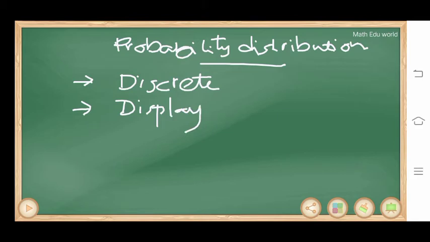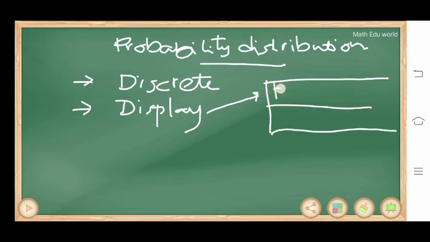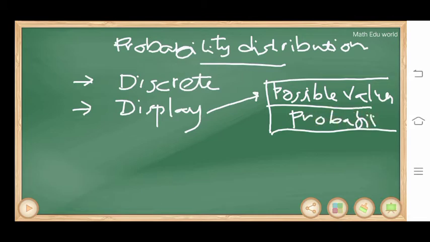of all its possible values and their corresponding probabilities. So it's a display of all its possible values and the corresponding probabilities. So probability distribution of a discrete random variable is a display of all its possible values and the corresponding probabilities. Like, for example,